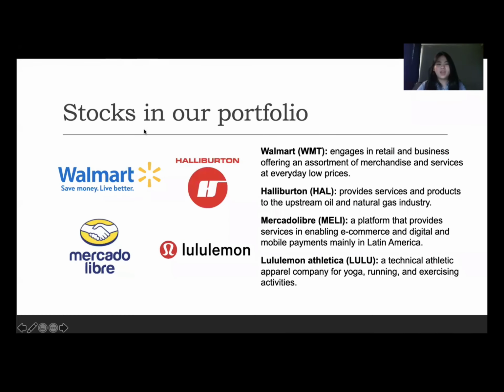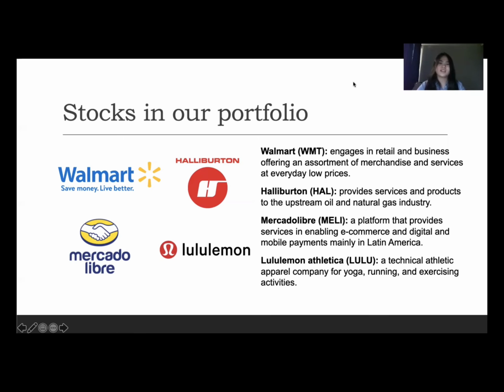So among the stocks that we have in our portfolio, we have Walmart, which is a company that engages in retail and business, offering an assortment of merchandise and services at everyday low prices. Next, we have Halliburton Company that provides services and products to the upstream oil and natural gas industry. Then we have Mercado Libre, which is a platform that provides services in enabling e-commerce and digital and mobile payments, mainly in Latin America, in countries such as Mexico, Peru, and Argentina. And last but not least, we have Lululemon Athletica, which is a company that sells technical athletic apparel for yoga,